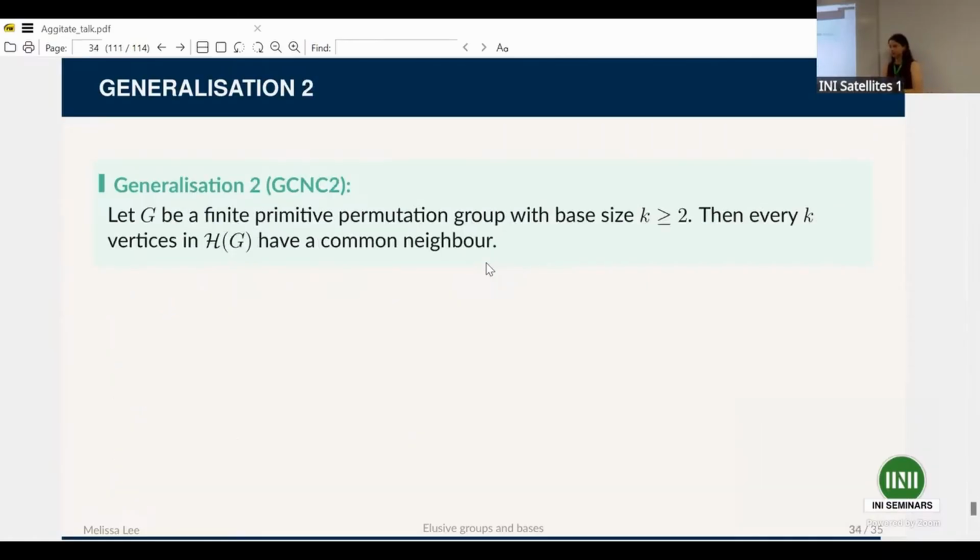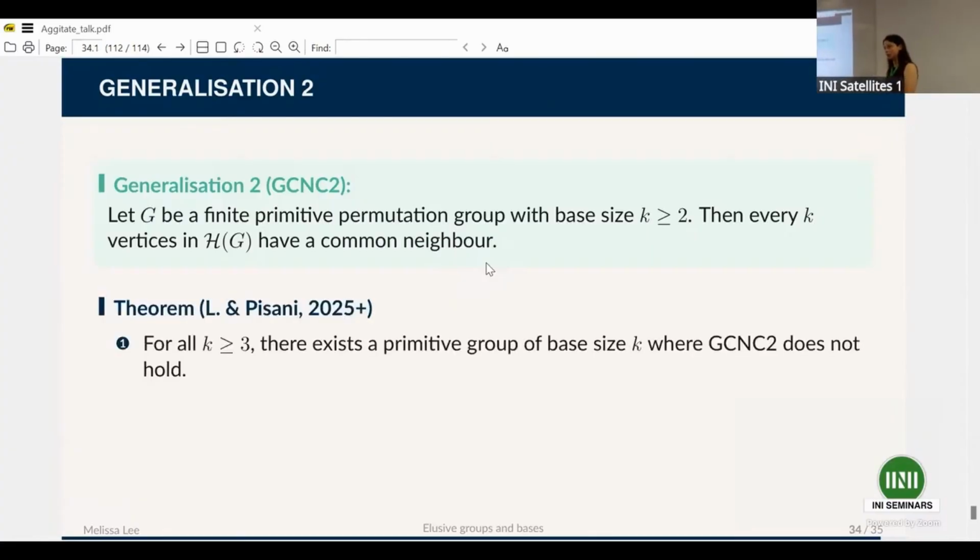Okay. Now I was really hopeful that the second generalization would be fruitful because it seems super strong, but it seemed like a very nice generalization. Now, unfortunately, it didn't quite work out, but that's okay. So for all k at least 3, we were able to show that you can find a primitive group of base size k, so I can find groups of all base sizes, where this generalization does not hold, and that's not fantastic. So we don't have the same common neighbor conjecture implies generalization that we had on the previous slide,